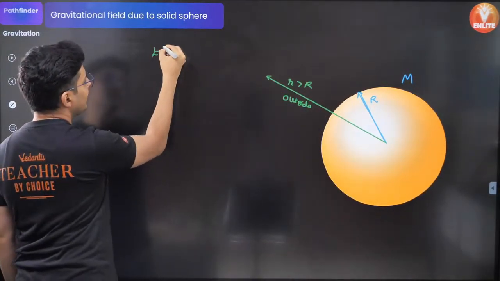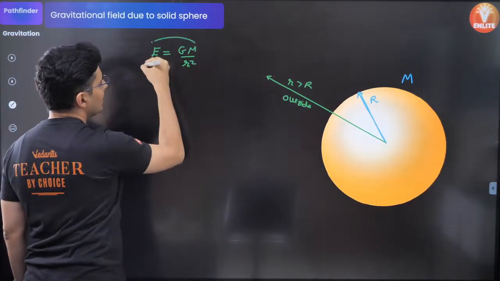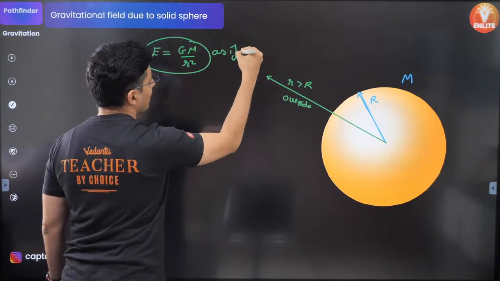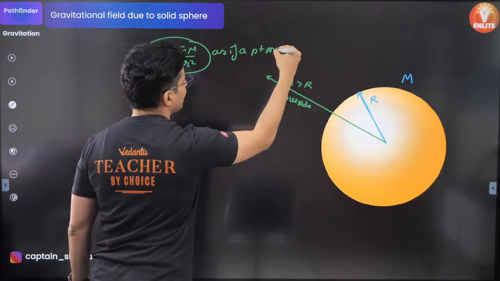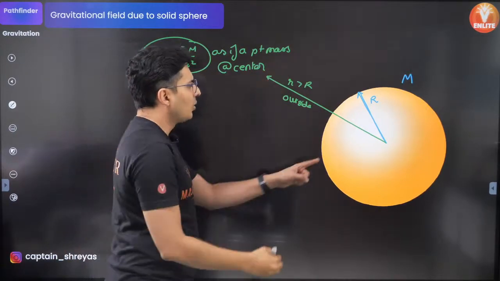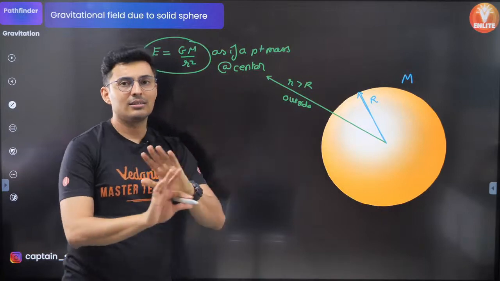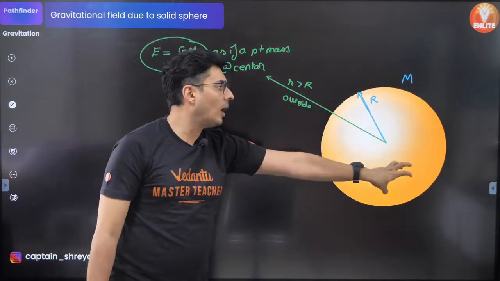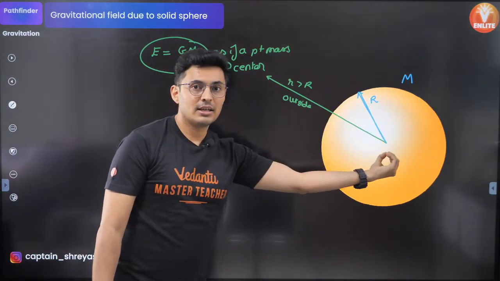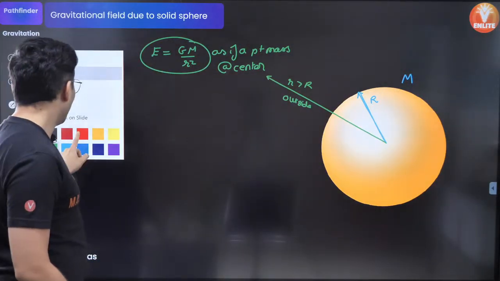Then the field is just given by, again, GM by r square. It's as if a point mass at the center. So when you're outside, what matters is the distance from the center to where you are. That's all. So it behaves as if all the mass is concentrated at the center. But when you are inside,